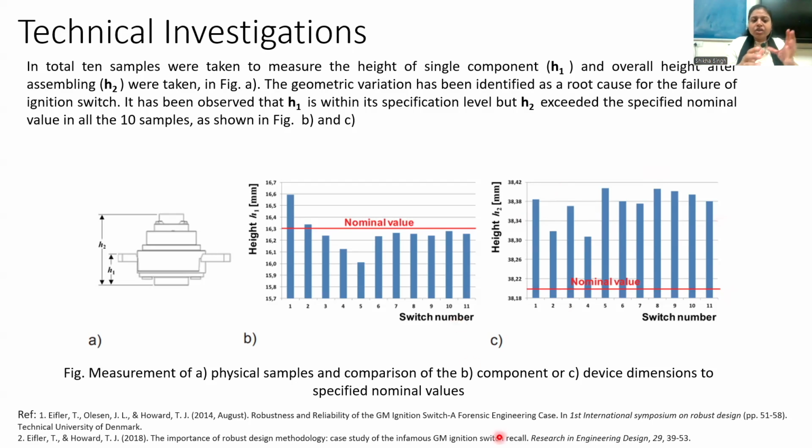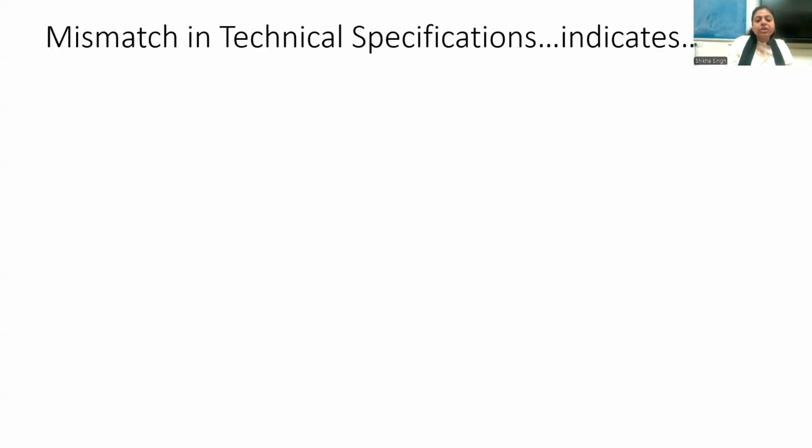Okay, so these are just some insights to make you understand how we utilize the concept of systems engineering. This is how we analyze systems, especially when technical failures are happening in your product. So, mismatch in technical specifications. What do you mean? It was clearly a case of mismatch of technical specifications in the product,